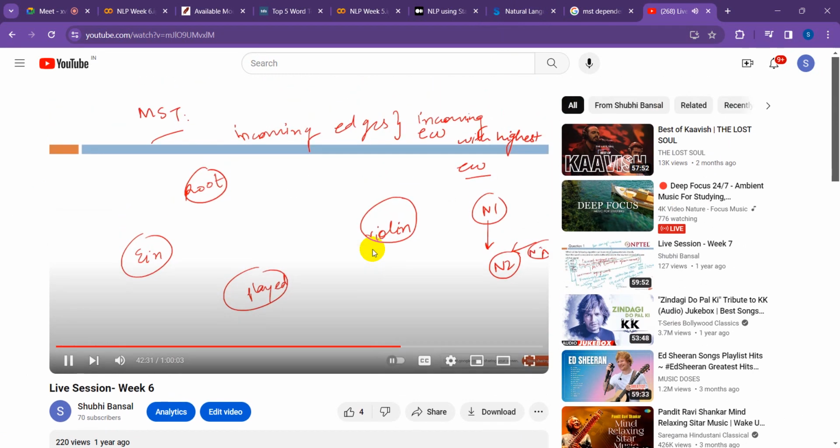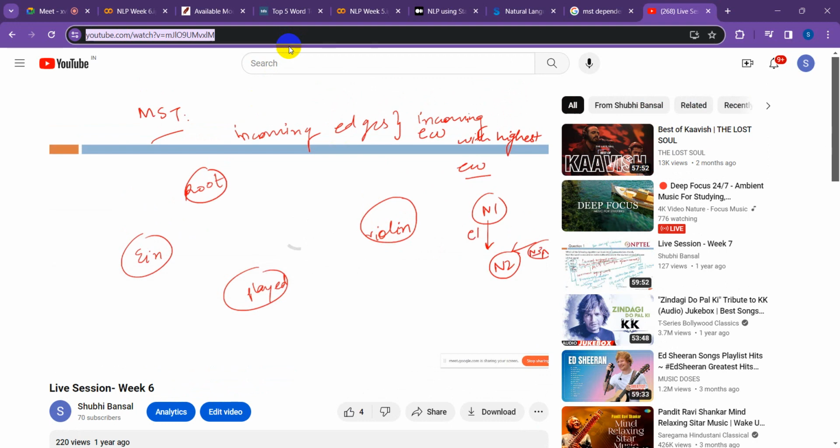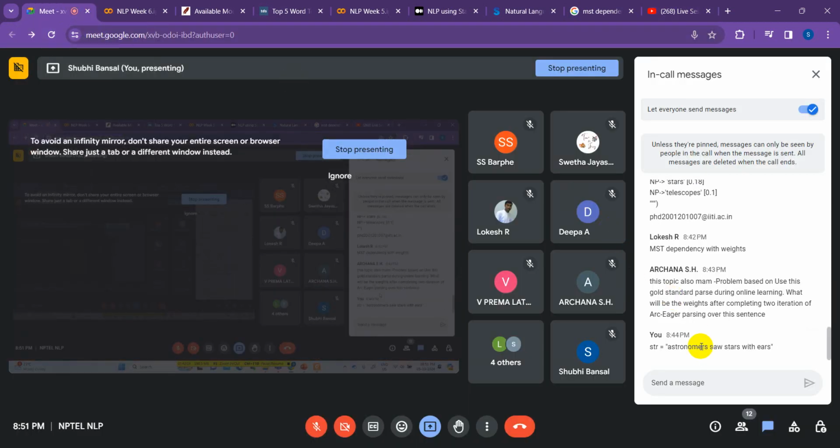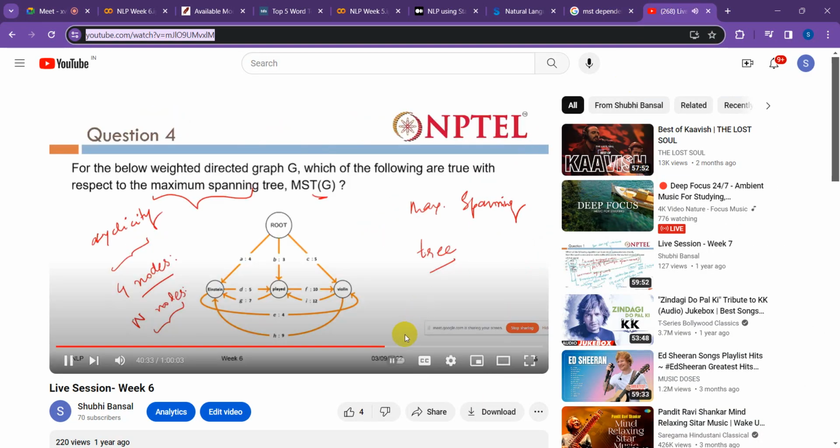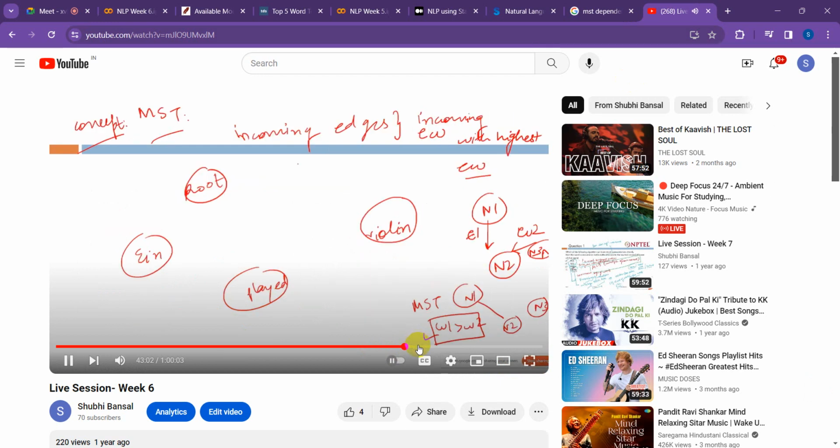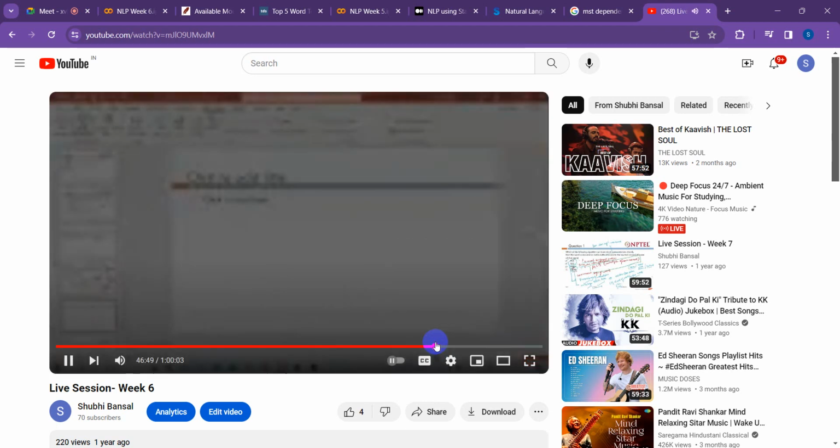N1 and N3 to N2, and this is having the weight. Do not get a cycle between them. I will link the two. Or this is fine. 3 edges is needed. Yeah. So